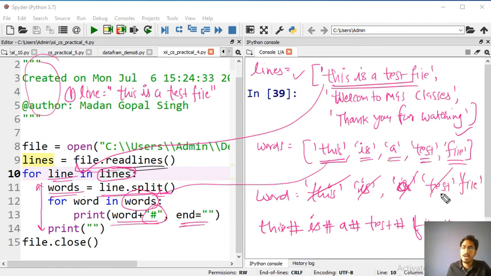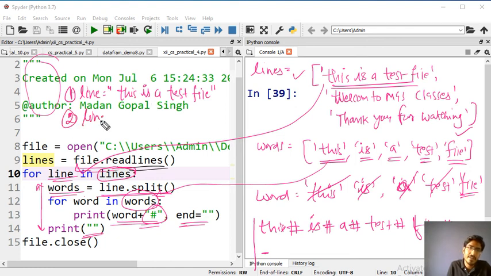Okay, so this is how this loop will keep on adding the hash at the end of each word. Now this words array has emptied, the loop will exit, and the cursor will come to the second line.